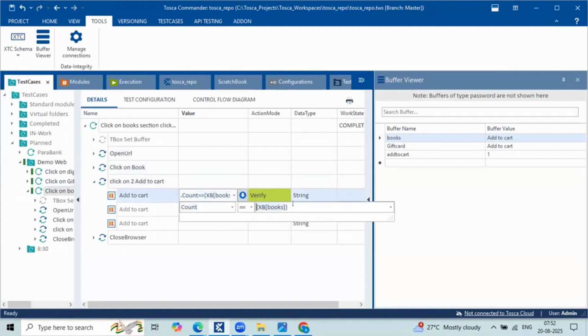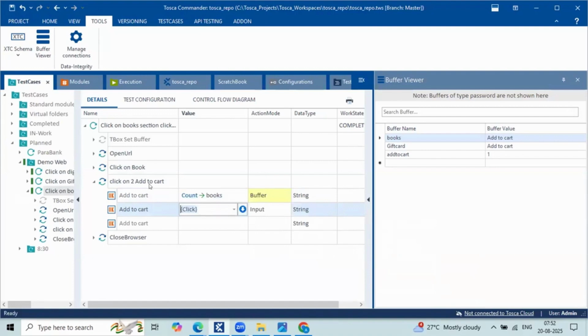Let me try this way. So I'm just taking action mode buffer now. Let me rerun only this particular step.